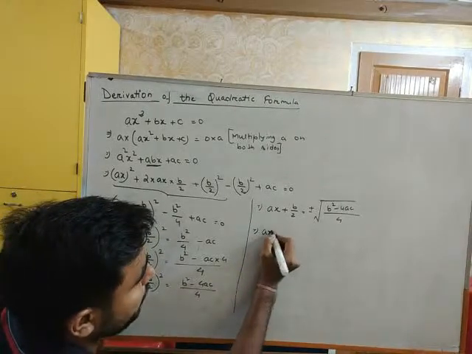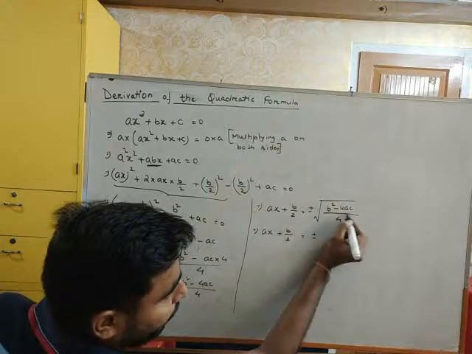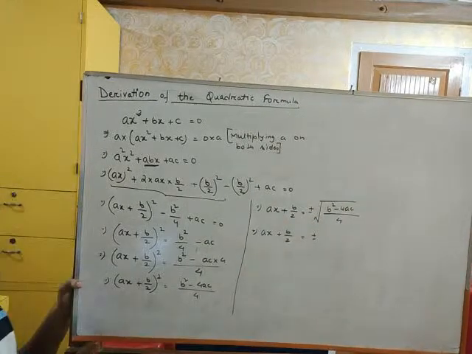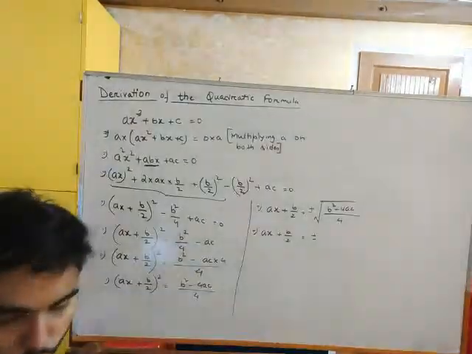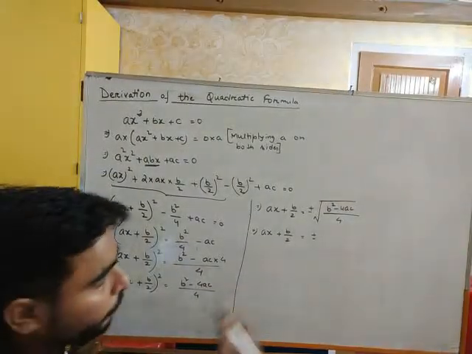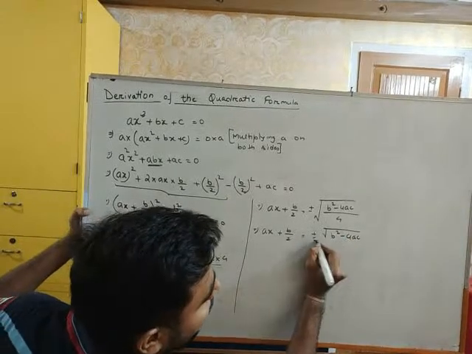Okay, so ax plus b by 2 is equal to plus minus. I cannot take anything out of this numerator. We don't know which number multiplied twice gives b square minus 4ac, isn't it? So I cannot take that out of the root, so it will be root of b square minus 4ac only, divided by